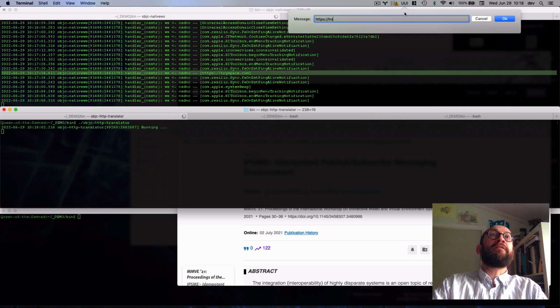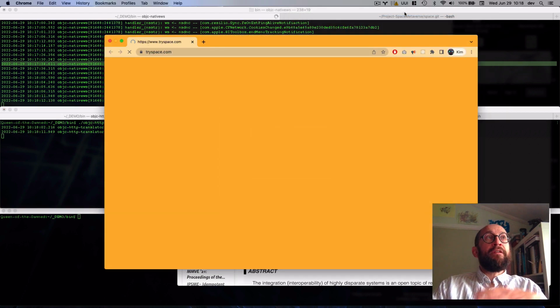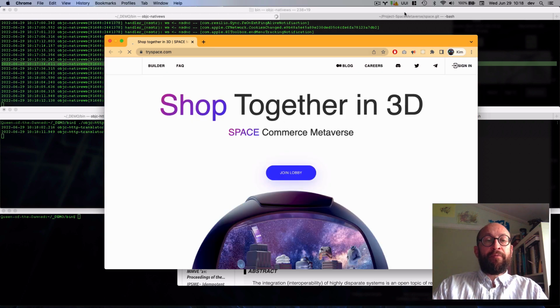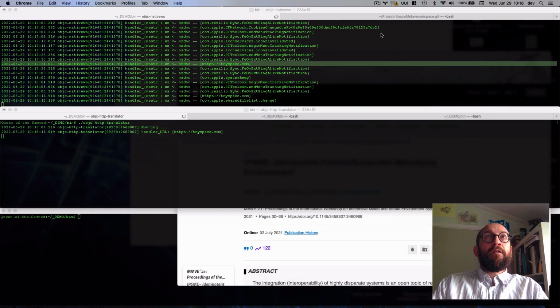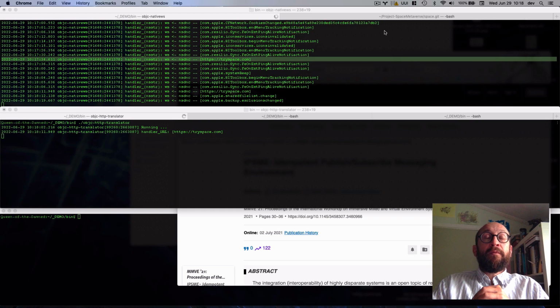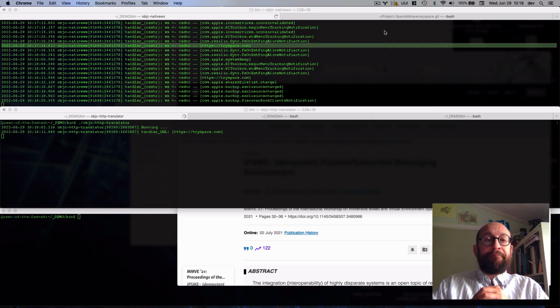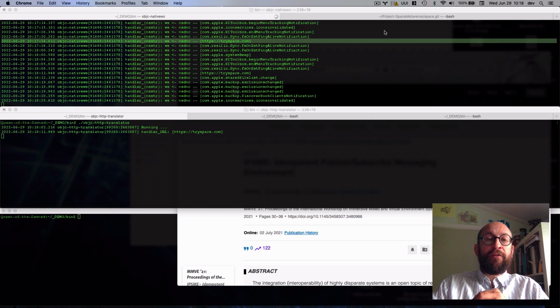https trispace.com, and now you'll see that my default browser opens up with that URL. So we can go one step further. The operating system can open up any application basically. So what we can do is we can say,